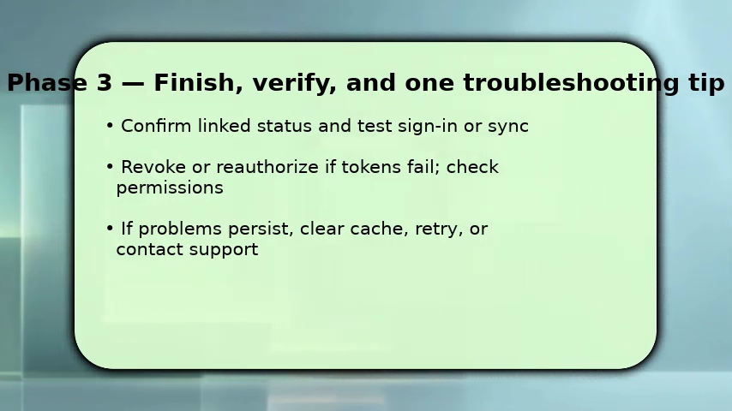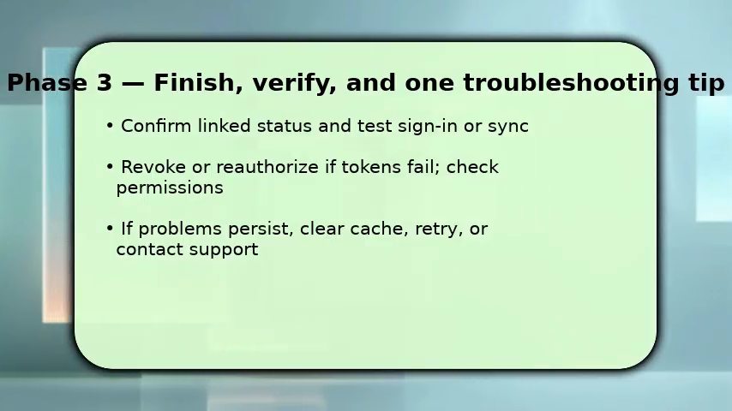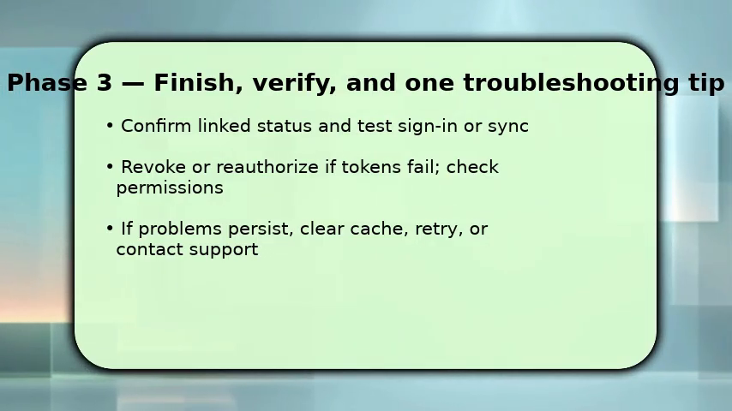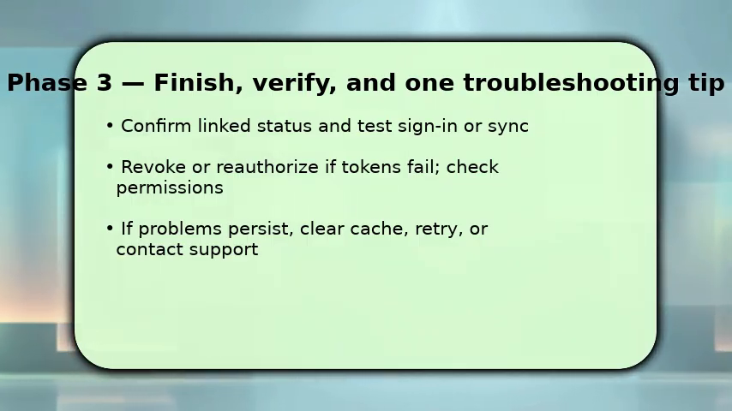If the connection fails, reauthorize to refresh tokens or revoke access and try again. Make sure permissions match what the app needs. One key troubleshooting tip: clear browser cache and app data, then repeat the link process. This resolves most token and redirect errors quickly, so you can finish